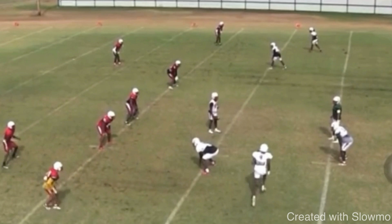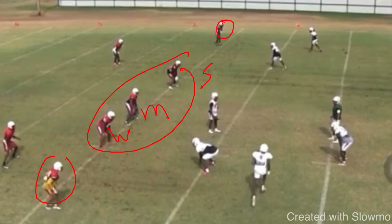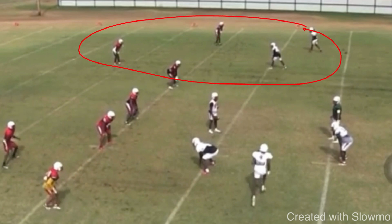So if you guys said cover 2 or cover 4, you would be correct, right? So this is a pretty basic look, right? We got 3 linebackers, we got the Will, we got the Mike, and then we got the Sam. Then we got the 2 corners, then we have 2 safeties. Now, on this side of the field, because teams often will split up the coverage, right? Just because they're going cover 2 on one side does not mean that they are going cover 2 on both sides. They could be going cover 2 on this side with the corners playing the flat, safety playing deep half,